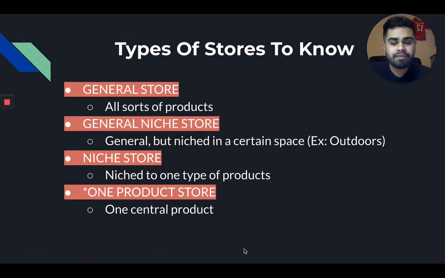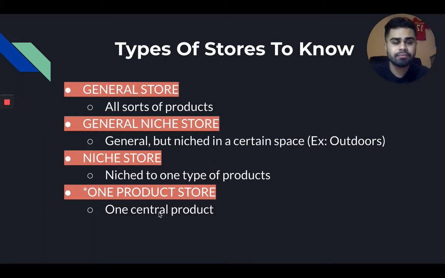Now, in terms of the two approaches I'll be talking about, you can have a general niche store, where you test and market products. Let's say once you find a product that's getting a consistent number of sales, maybe, I don't know, 3, 4, 5, 10 sales a day, then you can take that product and make it into a one product store: rebrand it, get a new logo, get a new domain, and really base it around that one central product. Have that store around that one central product and build it up. Then from that one product store, you can go back into a niche store and add other products that relate to it and are very alike and similar, because you'll already have the data.